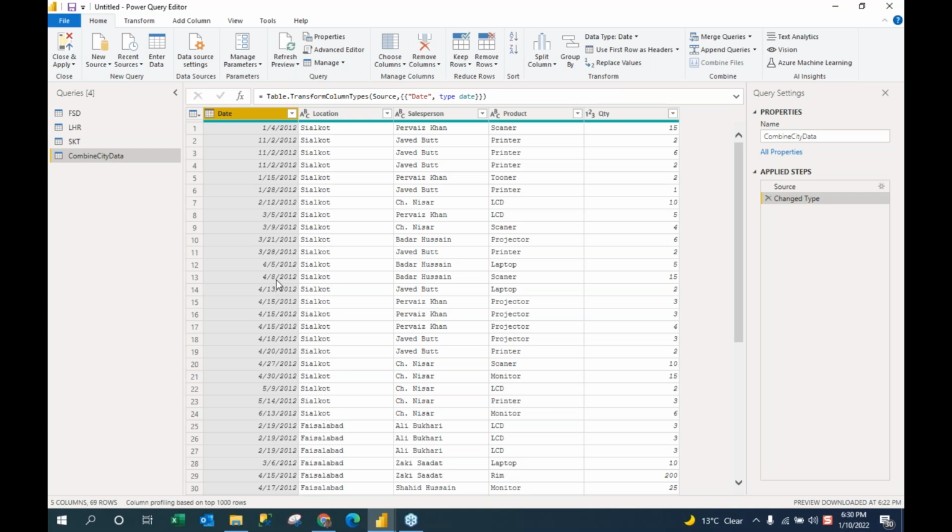Now what you can do, just assume that the data is clean now, right? So let's close and load this. Just go under File, under Close and Apply, click this one, and we have three